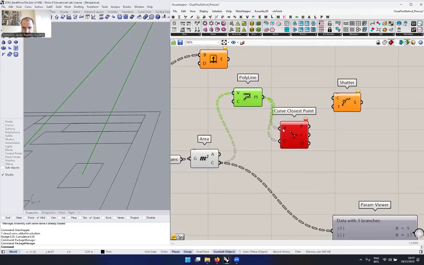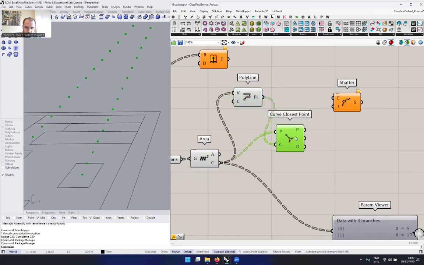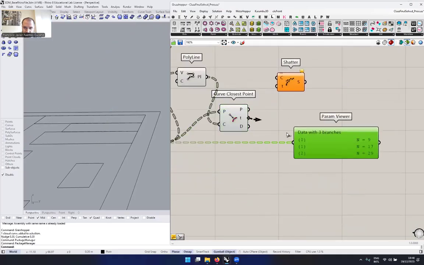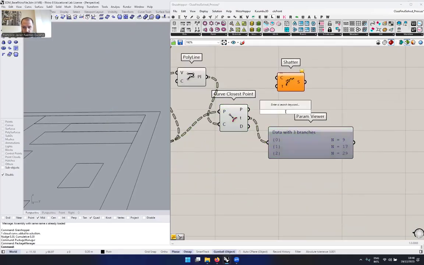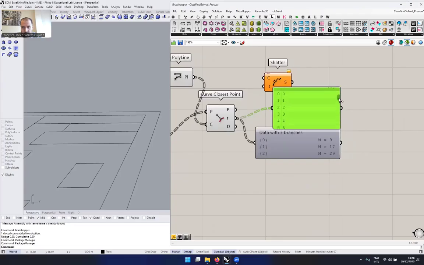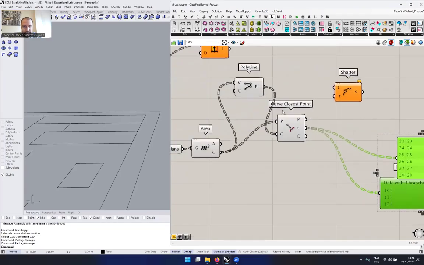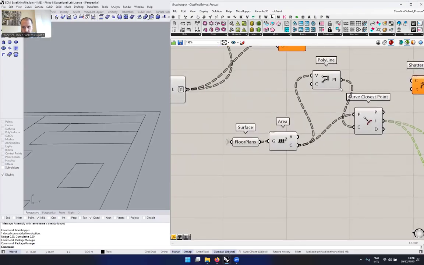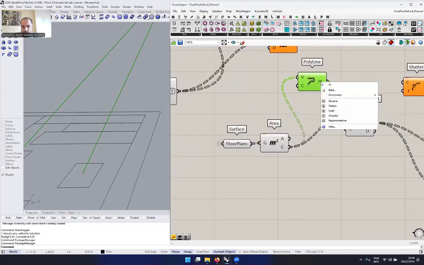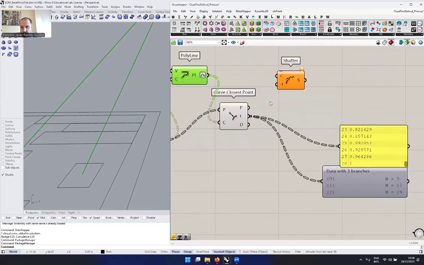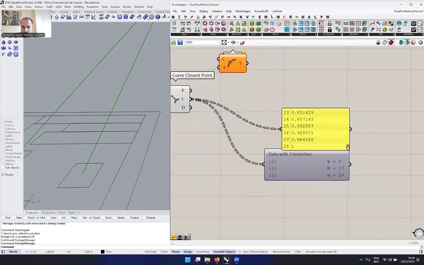Sorry. I have here my curves and I have here my points, okay? And the t is a data tree with the parameters of my curve, okay? In this case, I can reparameterize my curve here. If I reparameterize here, you will see that my parameters go from 0